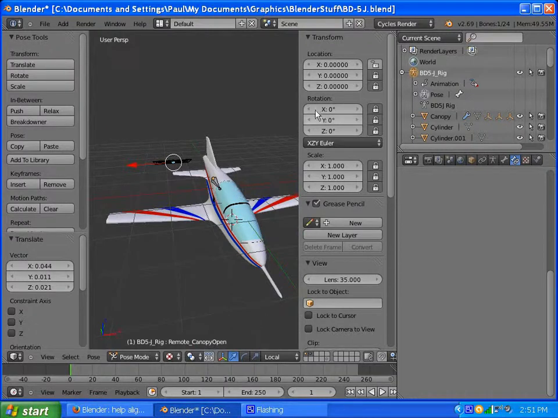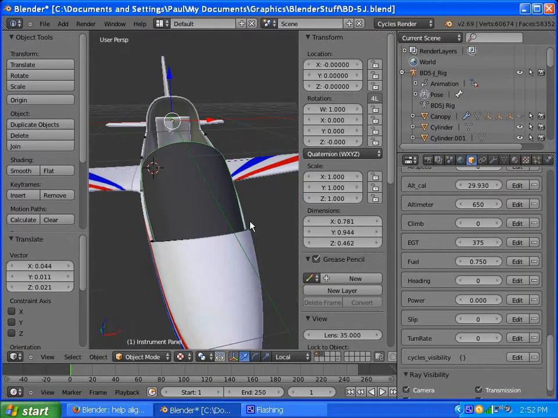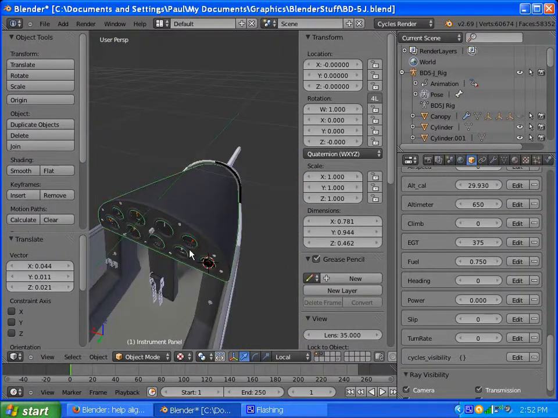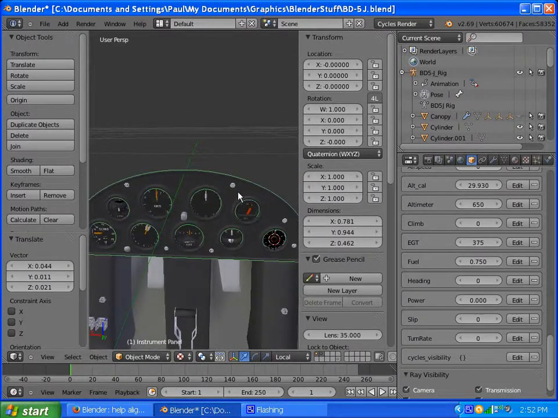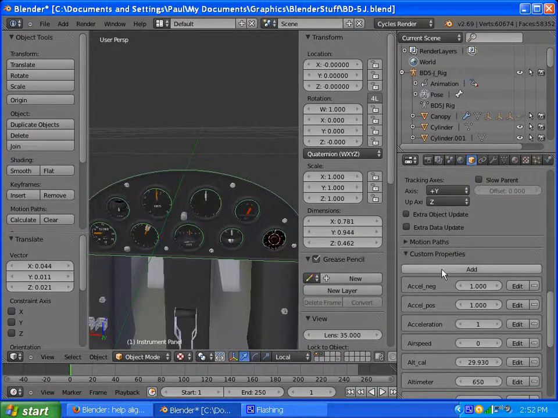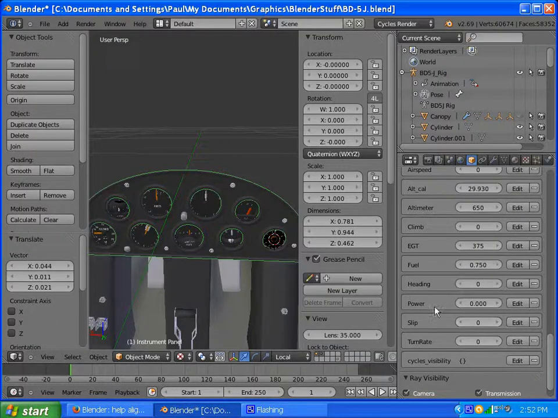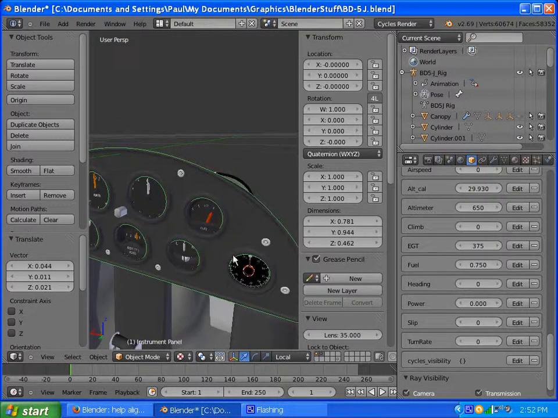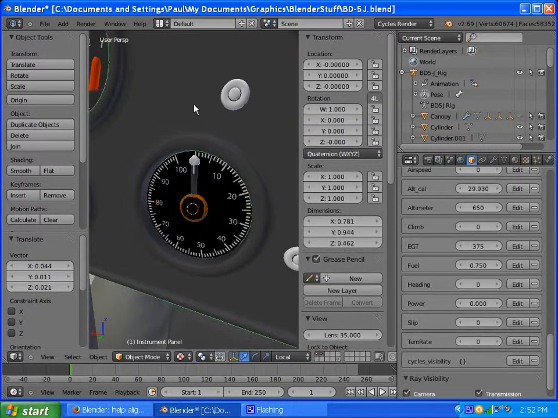What I'm doing now, if I can hide the canopy, is go to the instrument panel and zoom in a little bit, and I actually have instruments on this model. Since the instrument panel is selected, I have custom properties on it for each instrument, and I'm in the process of adding them. So if I take the power indicator, which was the last one I worked on, and click back on the instrument panel so I can get all these properties,